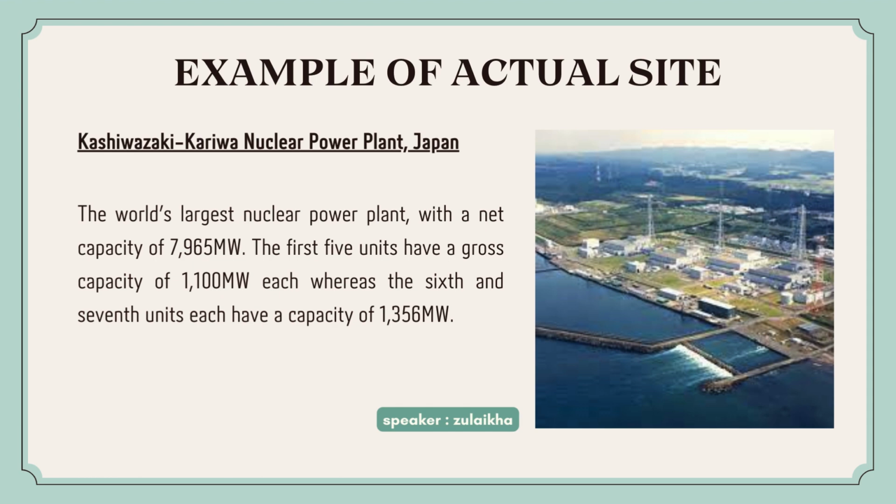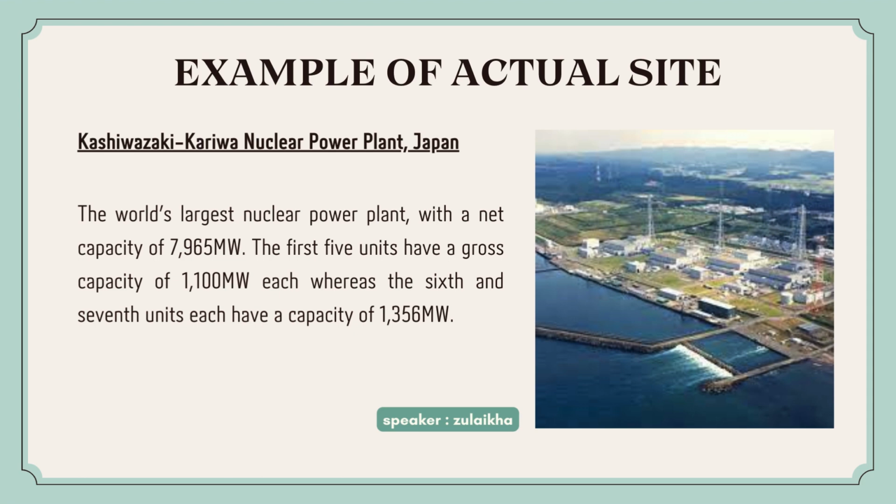Examples of actual sites for nuclear power plants. In the first place, we have the Kashiwazaki-Kariwa nuclear power plant in Japan, the world's largest nuclear power plant, with a net capacity of 7,965 megawatts. The first 5 units have a gross capacity of 1,100 megawatts each. The 6th and the 7th units each have a capacity of